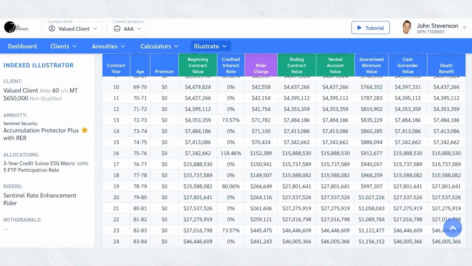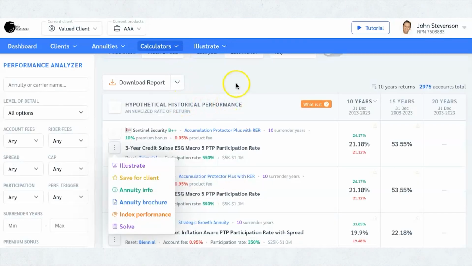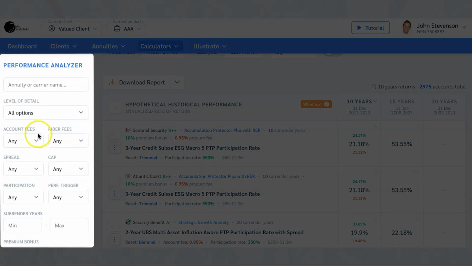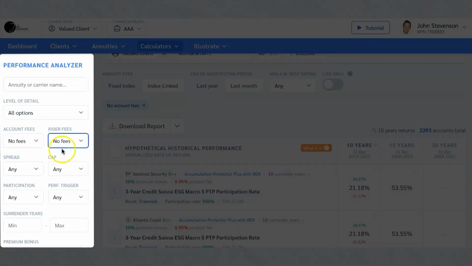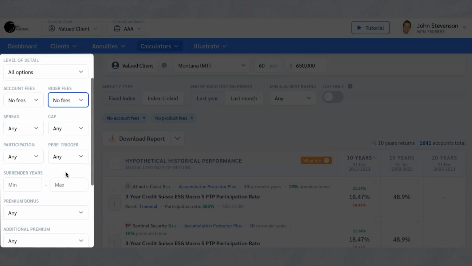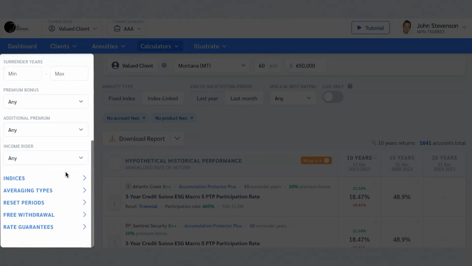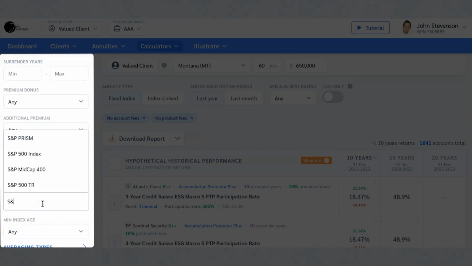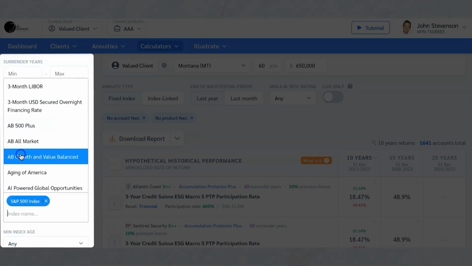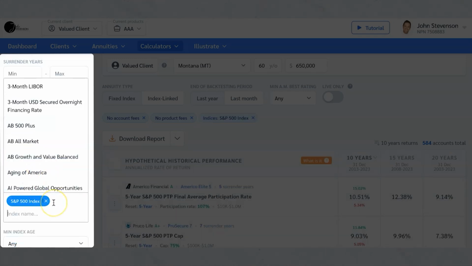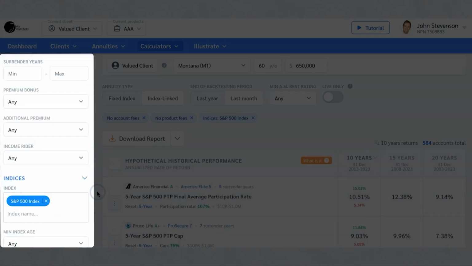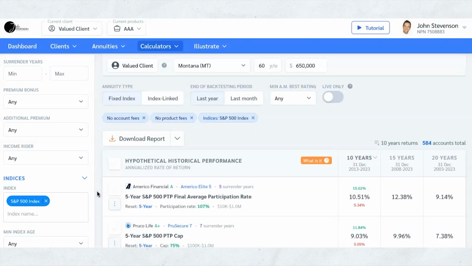Okay. All right. So let's go back here, and I'm going to change a few things. I just kind of want to show you an example. I'm going to go in here and say, you know what? I don't want any fees. Nothing. I still want to see the caps and the spreads and the par rates, but I don't want any fees. And then I also want to limit this to the S&P, because the S&P is something that we all follow and we all understand. There are some indexes out there that are pretty fancy, but have only been around for a year, and so they can show some pretty good returns because we've had some decent returns.